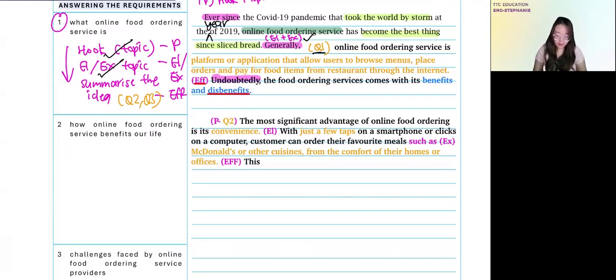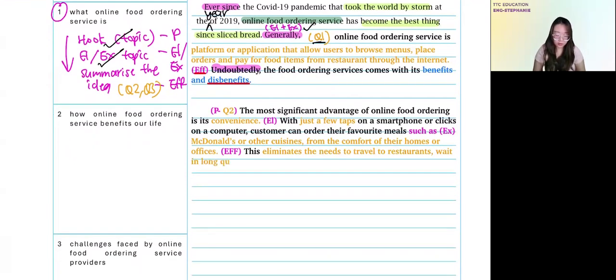this eliminates the need to travel to restaurants, wait in long queues, or deal with busy phone lines. Do you guys still remember when we had an era of needing to call Domino's